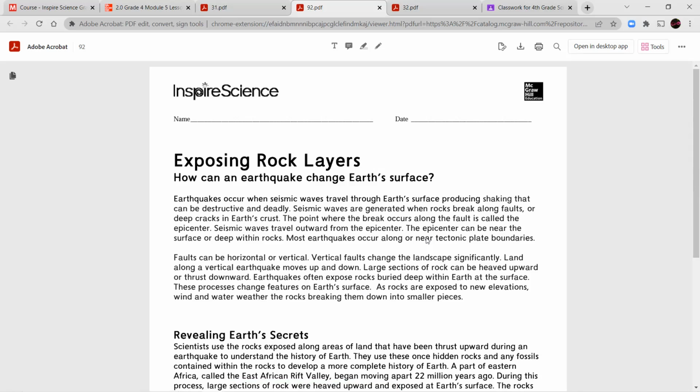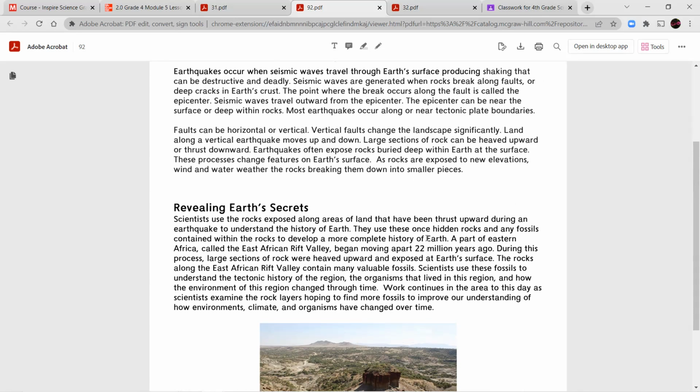So let's review this reading. An earthquake happens when we have seismic waves. Seismic waves are basically the vibrations, and earthquakes happen usually along faults close to the tectonic plates. Now, the place where an earthquake starts is called the epicenter. A good way to imagine this is to think about when you drop a pebble into some water and you can see the waves moving outwards from that center point. The spot where you drop that rock is the epicenter of those waves that you created. Just like an earthquake's epicenter is the spot where the movement happened, and then those waves, those vibrations, move out